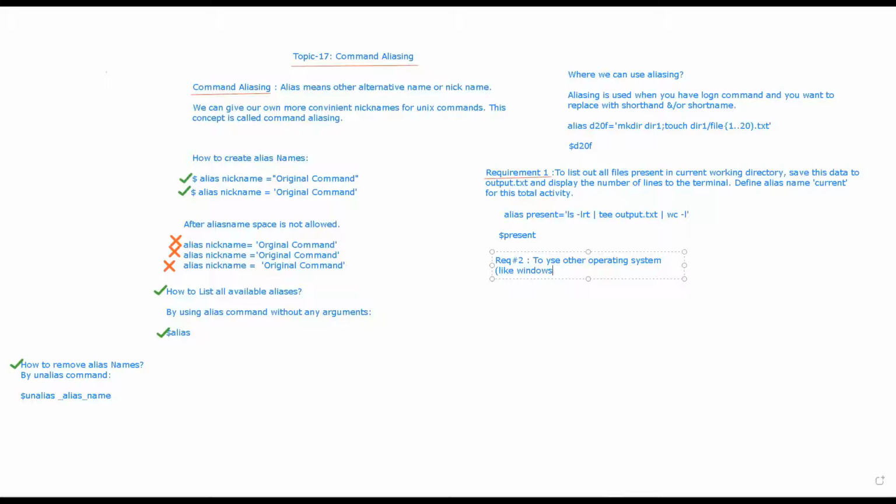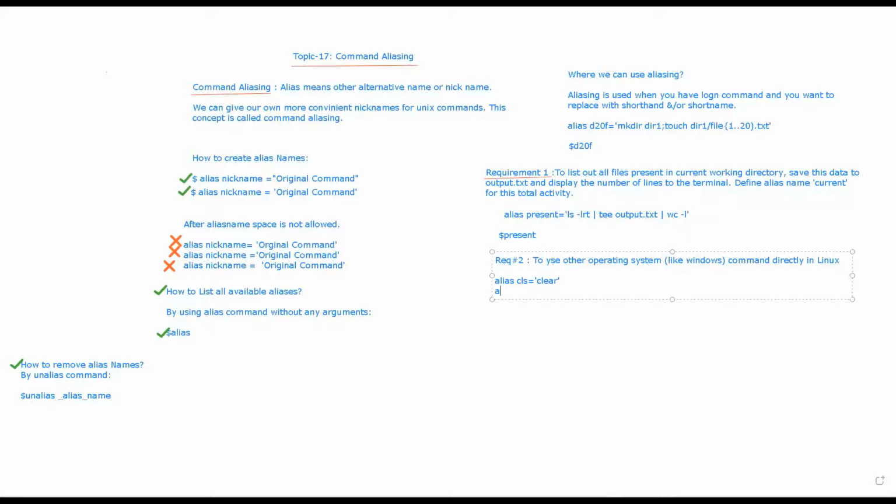How can we create the aliases? This is the second requirement. So how can you create that? You can say alias, and you say cls, which is nothing but clear, right?